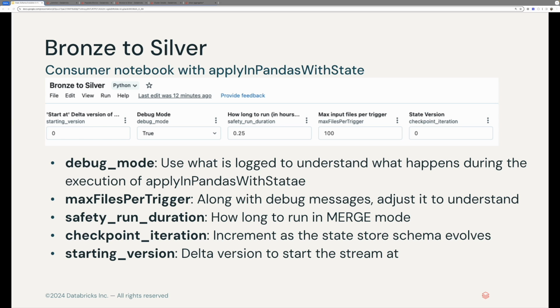So in our context, we assume that it's about 4 hours or so. Appending data is safe and will not result in duplicates. But for the demo, we're going to use a much shorter duration because we don't want to wait around for 4 hours. So in summary, the approach demonstrated here addresses state schema evolution by removing checkpoints and the associated state